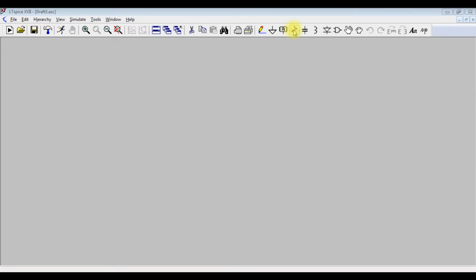See, this is showing the resistor symbol. Simply click on it and you can move it and place it anywhere you want. I will just place it here by simply clicking. Then if you move, it will show another resistor. We need only one resistor, so you press escape on the keyboard so that it gets disabled. So you go back and select a diode. We have got a diode now.